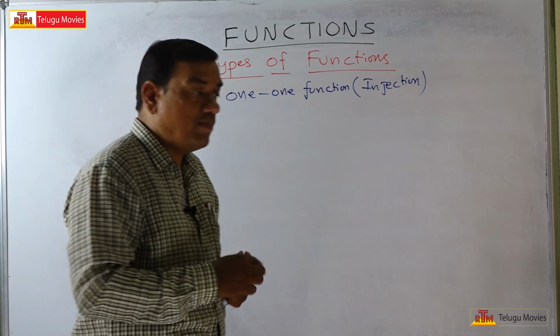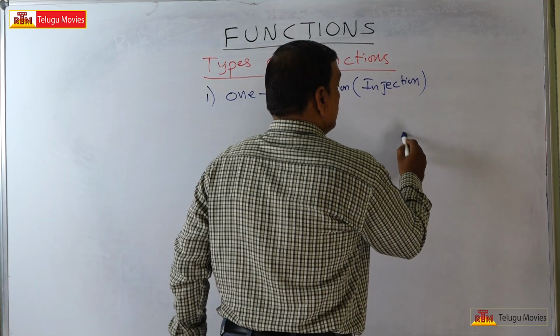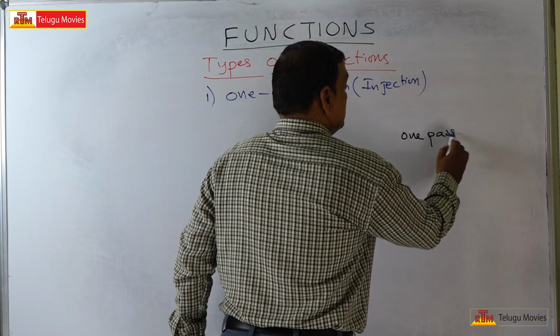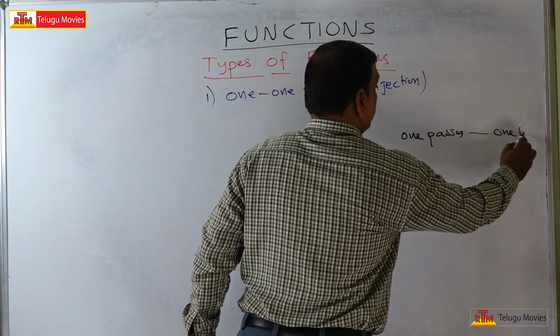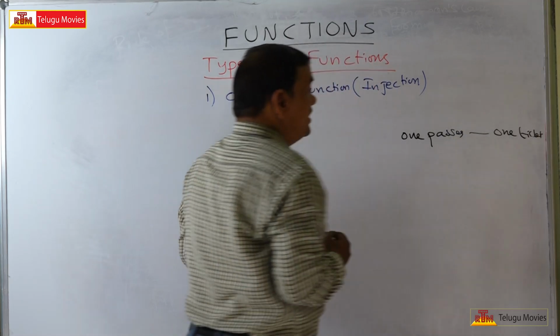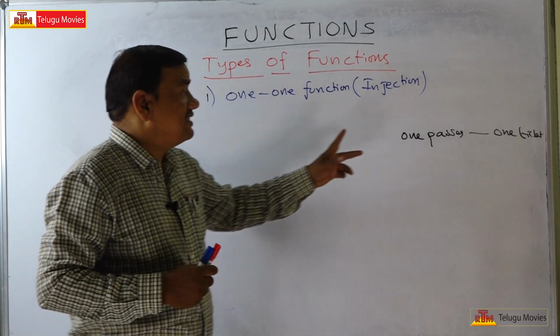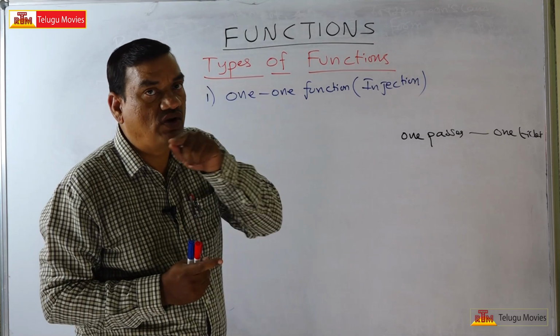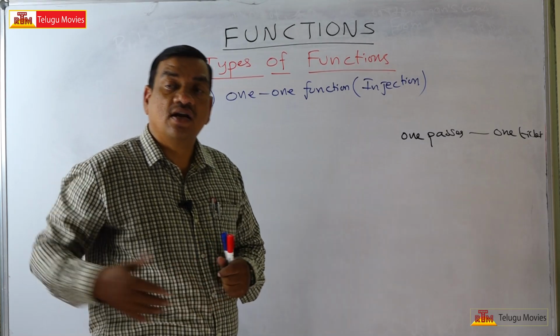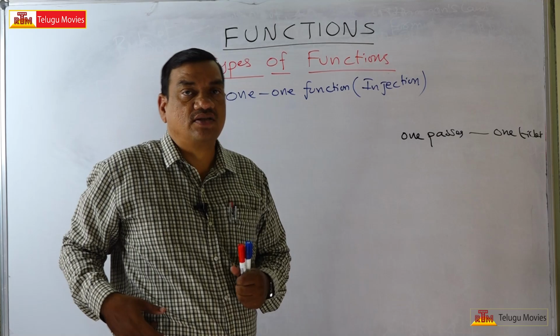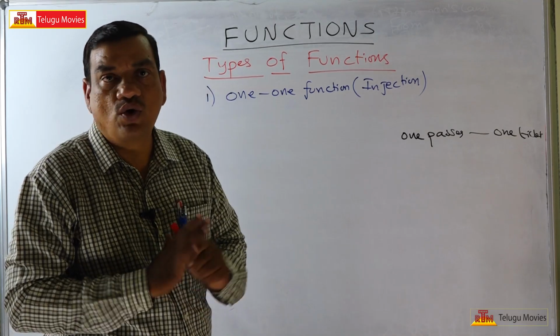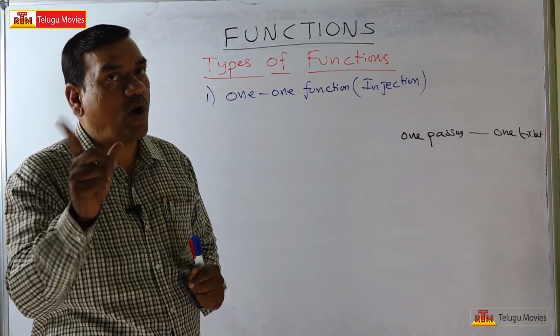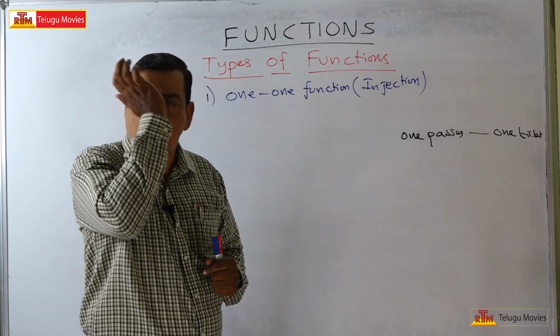That means one passenger, one ticket. Will two passengers be given one ticket? No. If you ask, sir, for both of us give one ticket? No, they won't give. That means one passenger, one ticket will be given in any bus or any train or